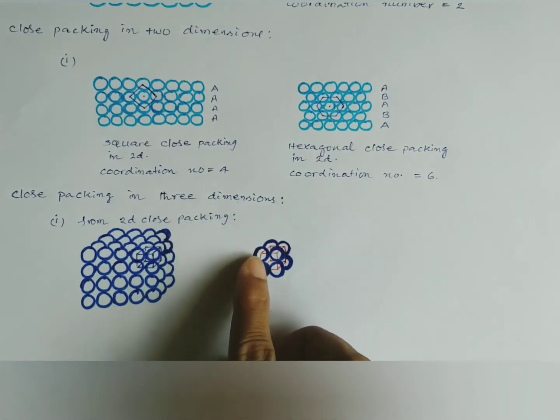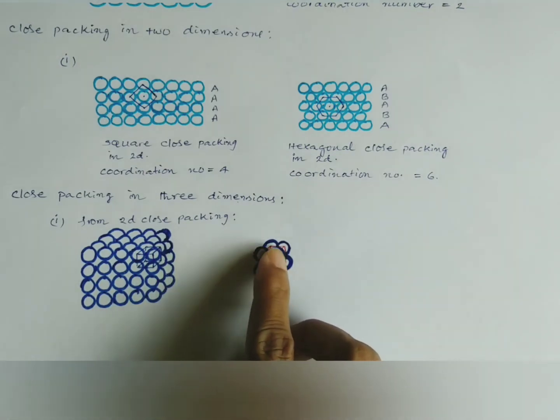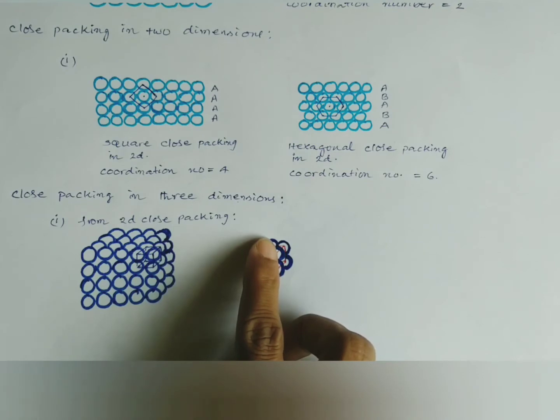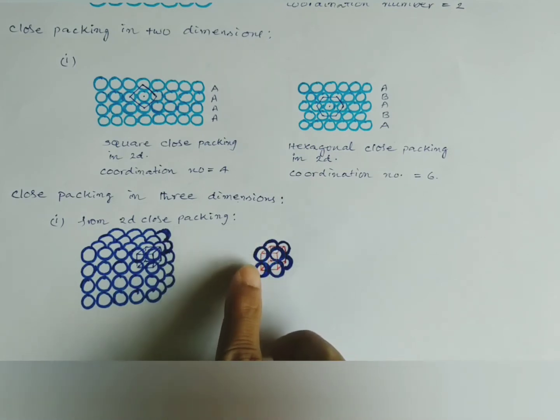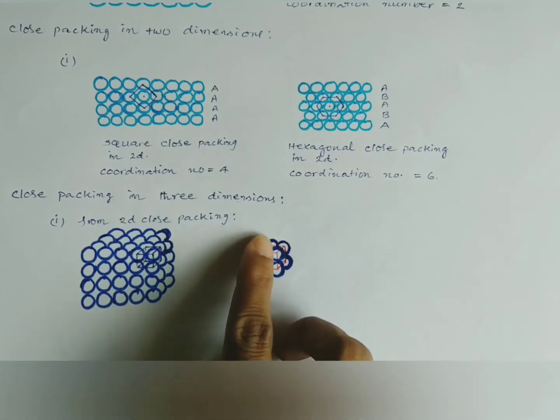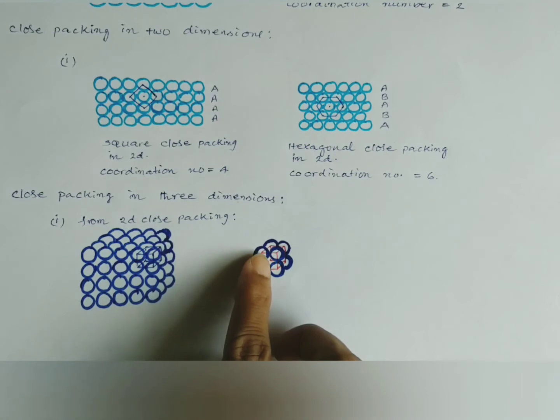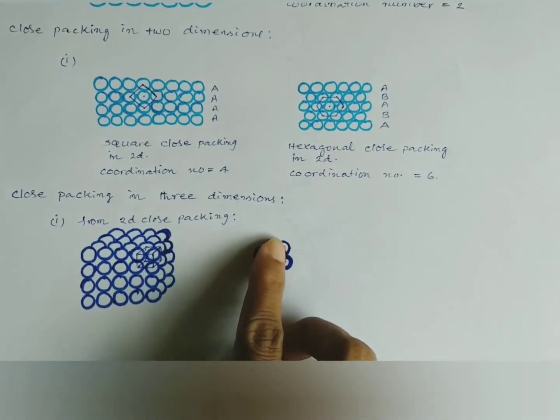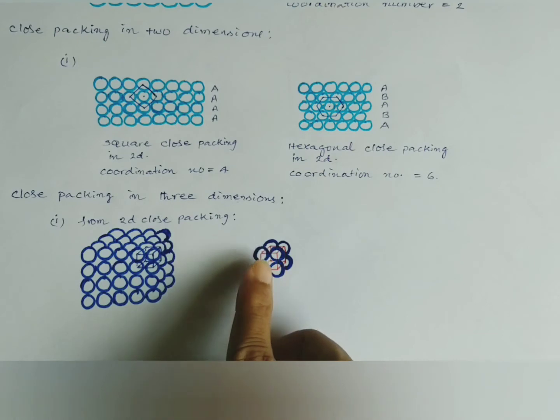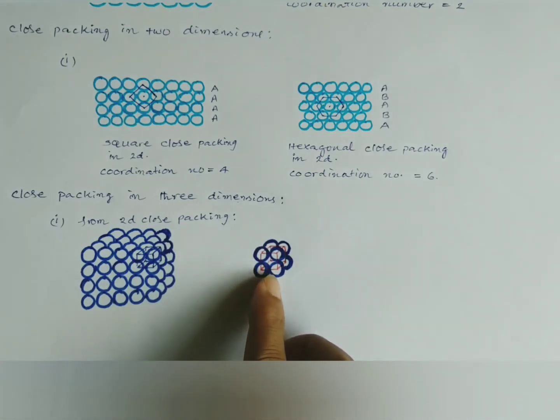So here each atom is coming just above the atom in the first layer. Okay, so this atom is just above this atom. Similarly, this atom is above this. So even the atoms which are behind here, they are also coming above the atoms present in the first layer of atoms like this. Okay, this is above the atom here in the first layer, and this is above the atom in the first layer. So you will get a simple cubic arrangement like this.